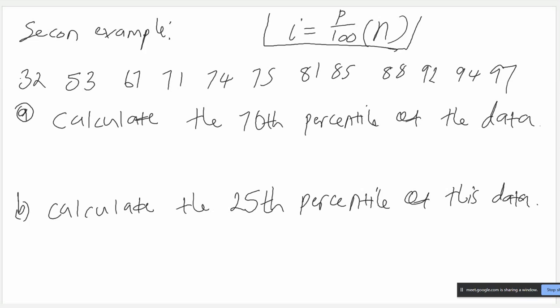So the first one, what is the position? i is equal to 70 divided by 100 multiplied by 12, right? Which is equal to